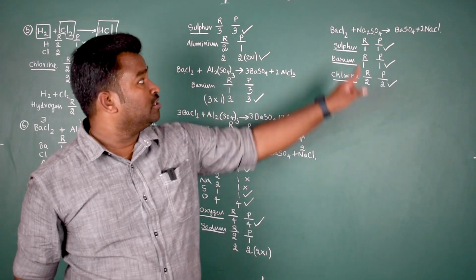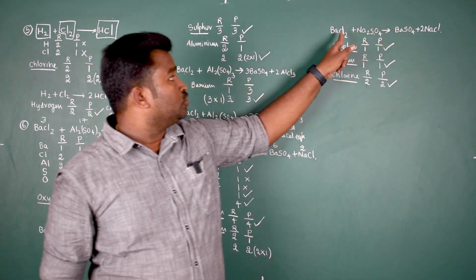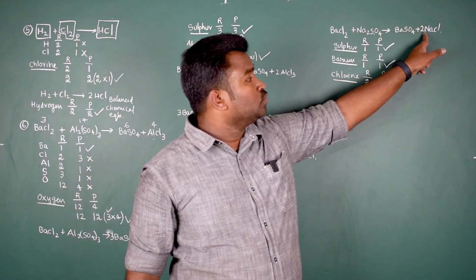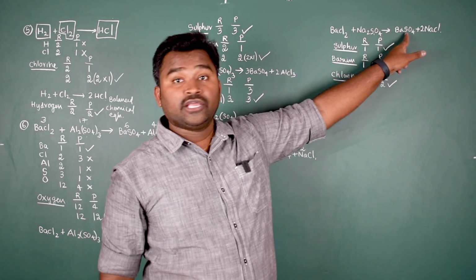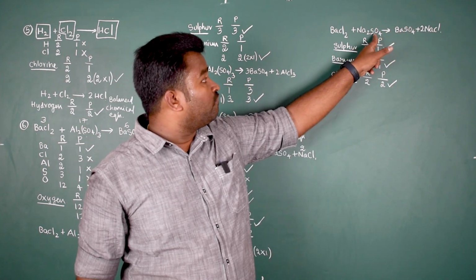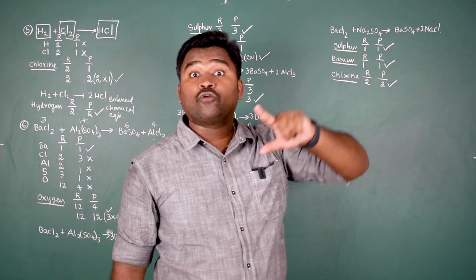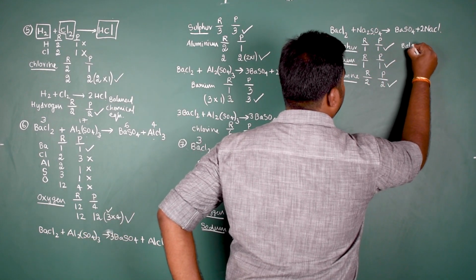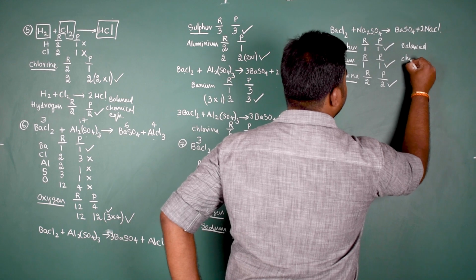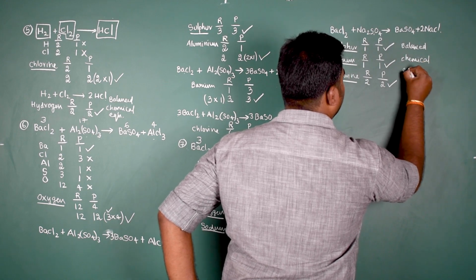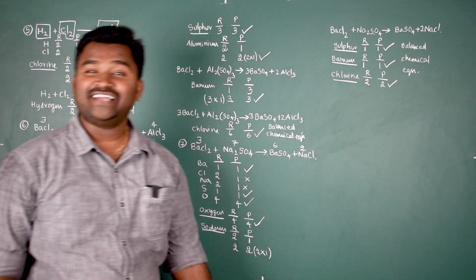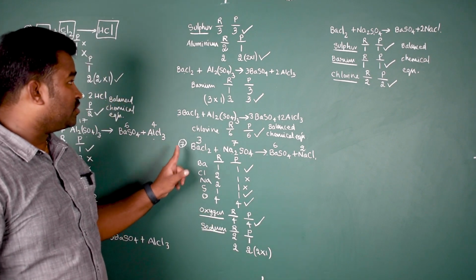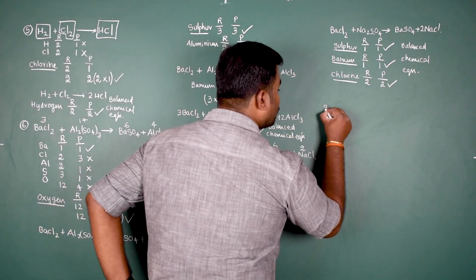One final verification. 1 barium, 1 barium. 2 chlorines, 2 into 1, 2 chlorines. 1 into 2, 2 sodiums, 2 sodiums. Whereas here 1 sulfur, here also 1 sulfur. Whereas here 1 into 4, 4 oxygens. Here also 1 into 4, 4 oxygens. You understand? So this equation is a balanced chemical equation. You understand this? Now we will try to solve one more, that is your 8th equation, a simple neutralization